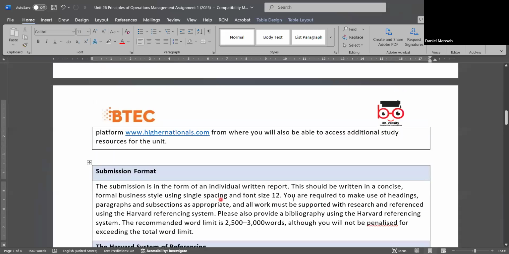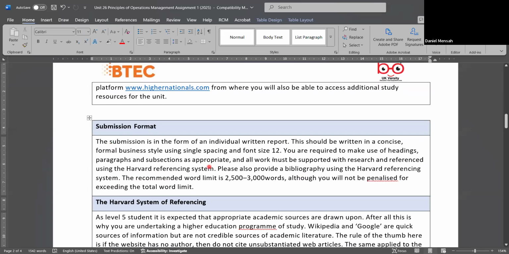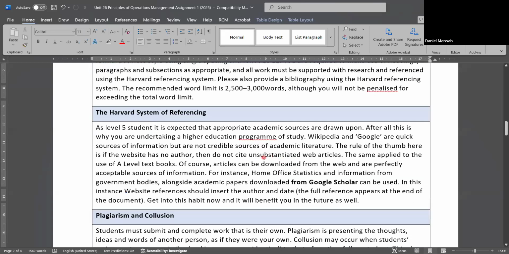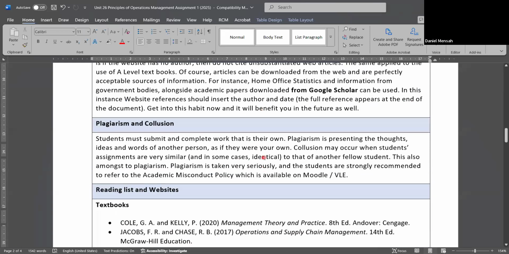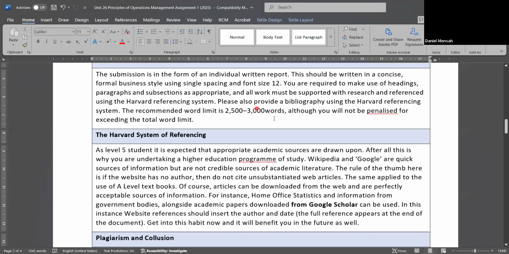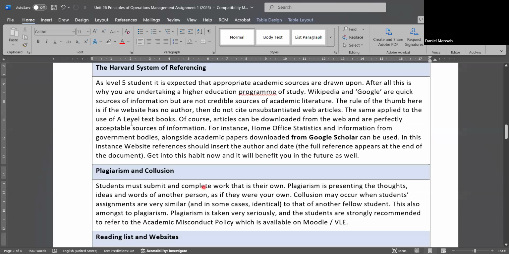In the submission format, it tells you what font size you are going to use and the formatting of the document. It also mentions the word limit. Your document should have an assignment word limit between 2,500 to 3,000, but there could be plus or minus 10%. I mean, 10% of the word limit can be less or 10% can be maximum. So between 0 to 10%, you have the flexibility to increase or decrease the word limit. You won't be penalized, okay? Then